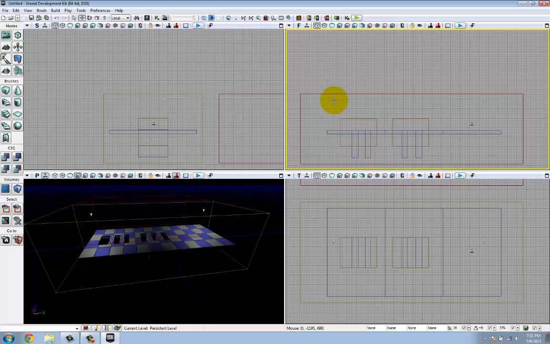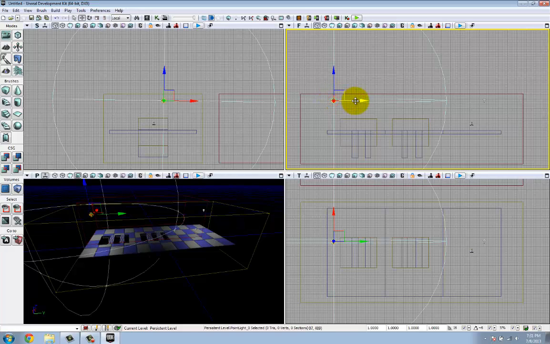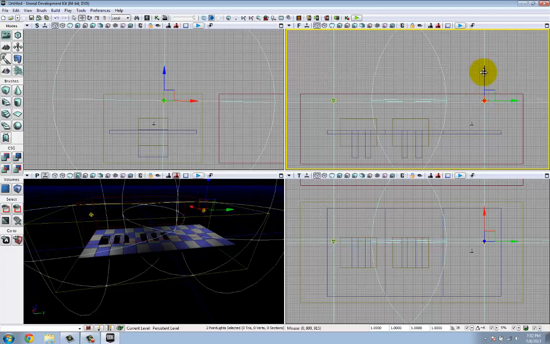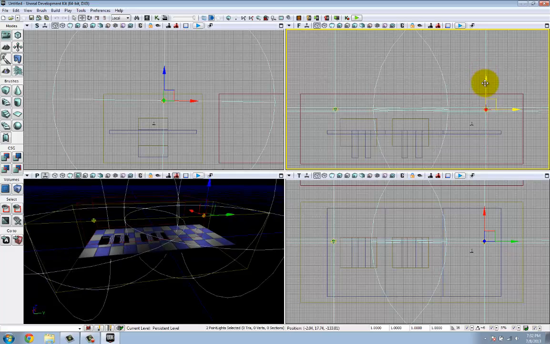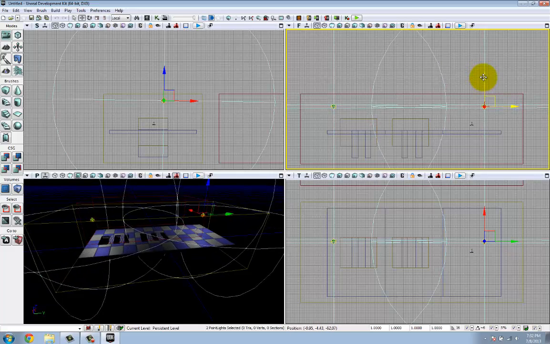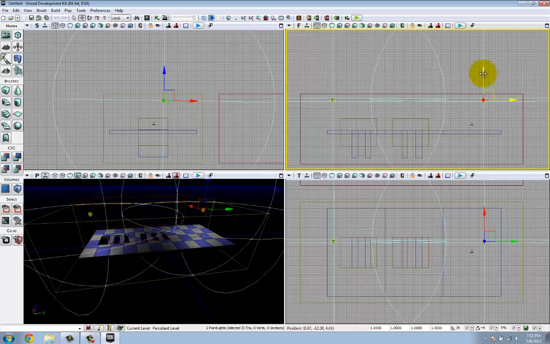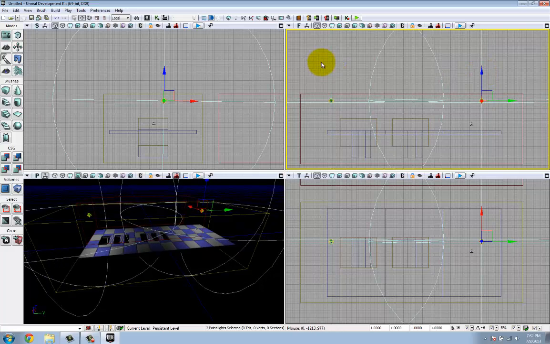So another thing I remembered I was going to tell you is that to select multiple objects, you left click on one, then hold down Control, and then you click another object, and that's going to select two. And now I can move both of them any way I want. All right, so let's leave the map like that for right now,